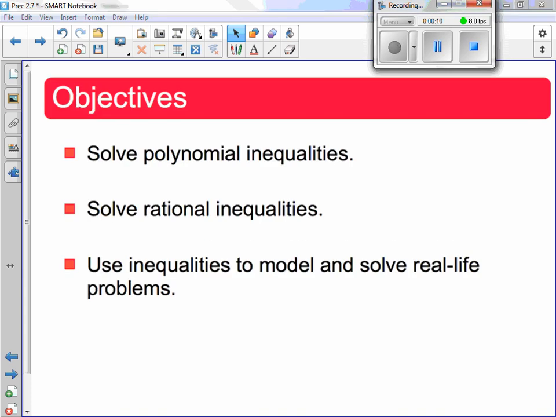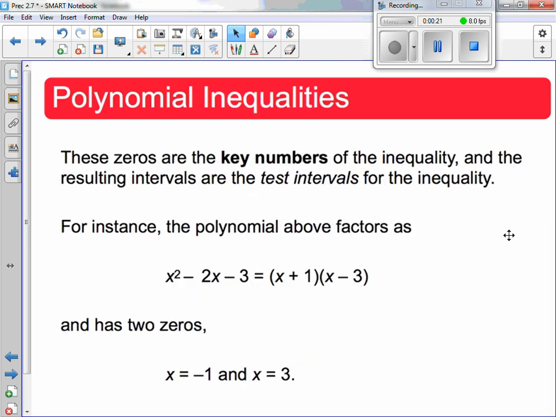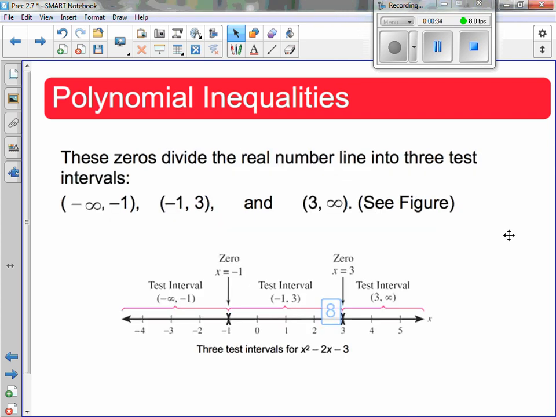So what we're looking at today is solving polynomial inequalities and solving rational inequalities. These inequalities are modeled and solved in real life. We're mainly going to look at solving inequalities. The zeros are the key numbers. For any of these inequalities, finding the zeros, where it crosses the x-axis, is key. Because wherever it crosses the x-axis, where it's a 0, is where the sign changes from positive to negative or